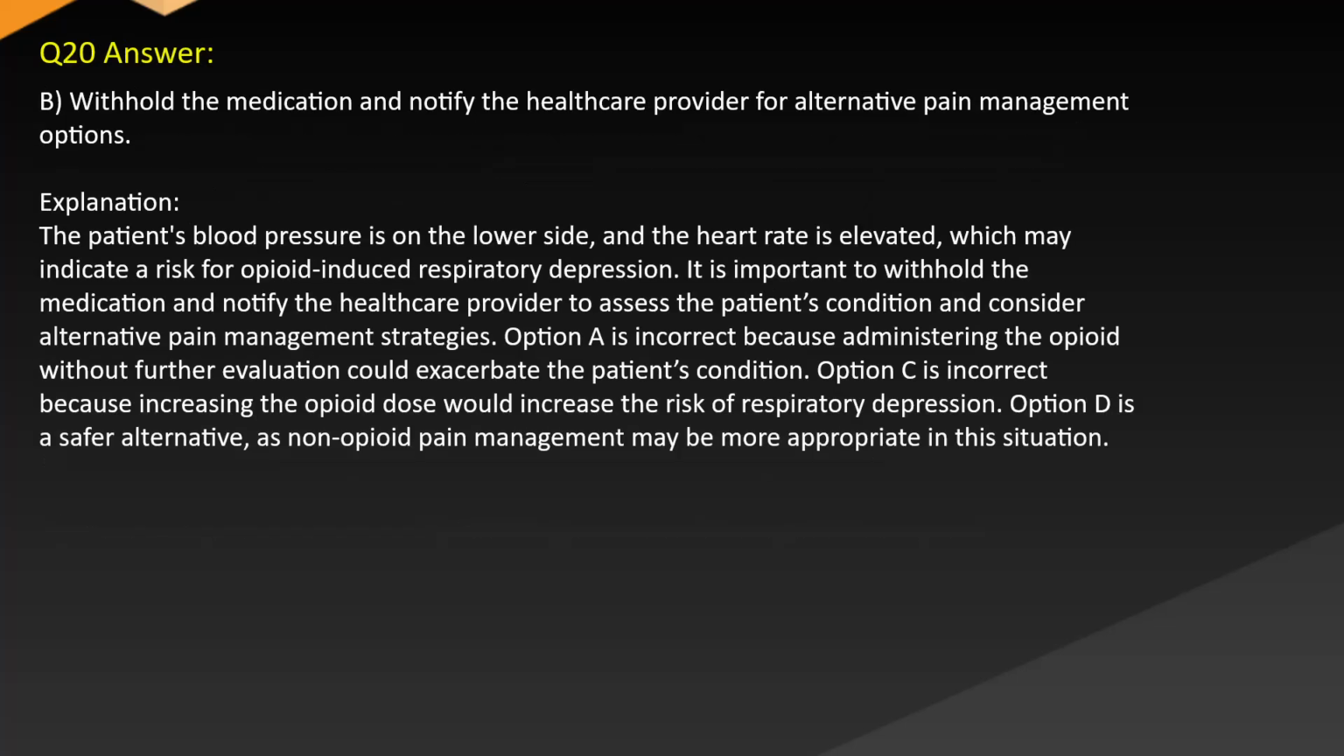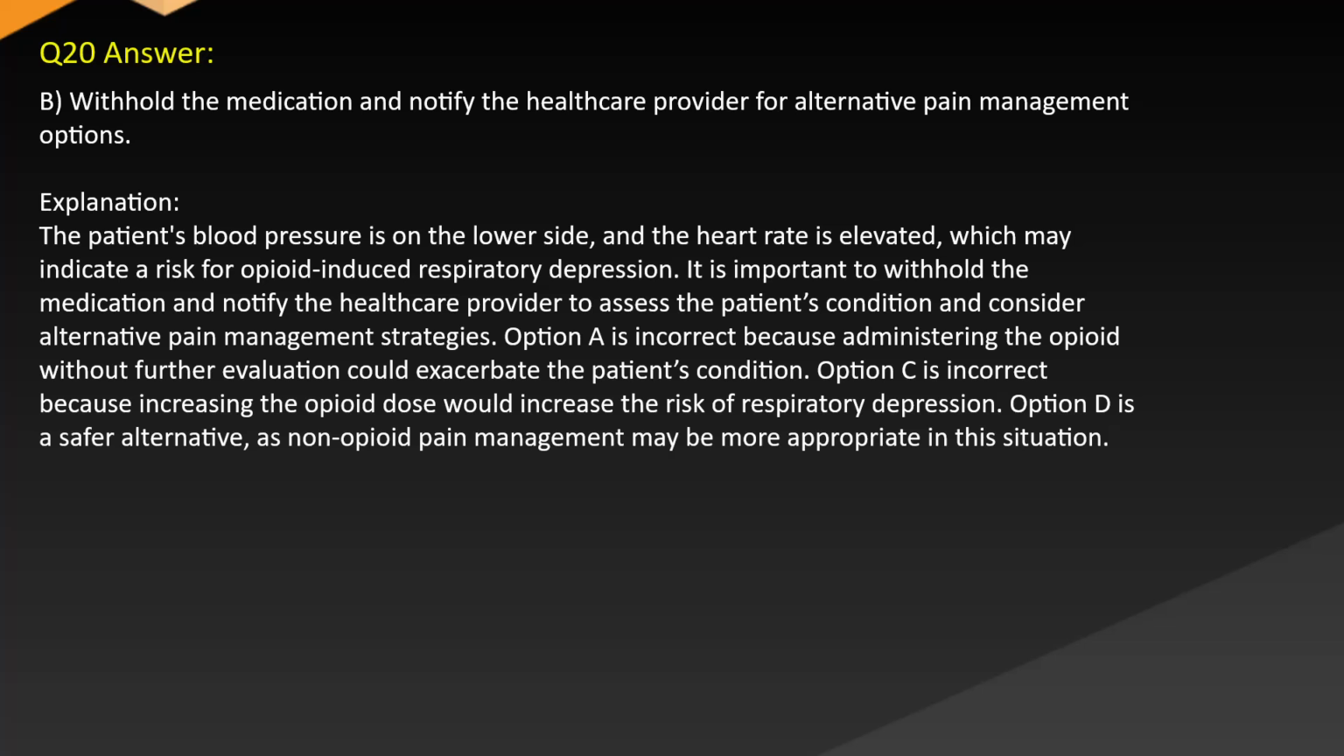Answer B. Withhold the medication and notify the healthcare provider for alternative pain management options. Explanation. The patient's blood pressure is on the lower side and the heart rate is elevated, which may indicate a risk for opioid-induced respiratory depression. It is important to withhold the medication and notify the healthcare provider to assess the patient's condition and consider alternative